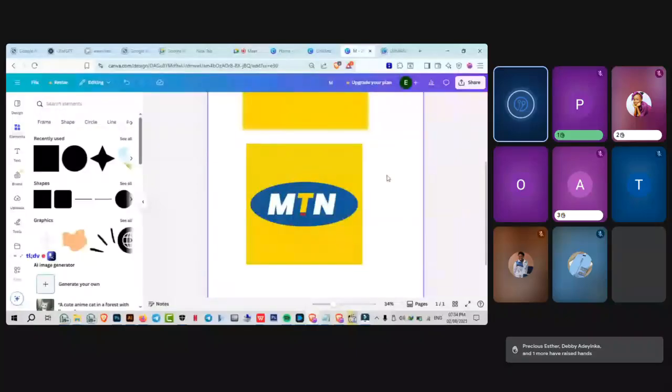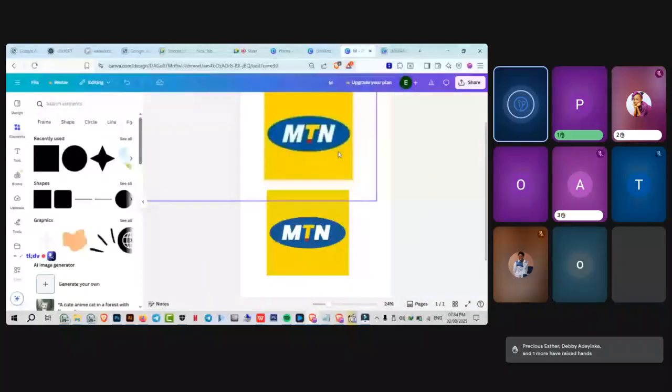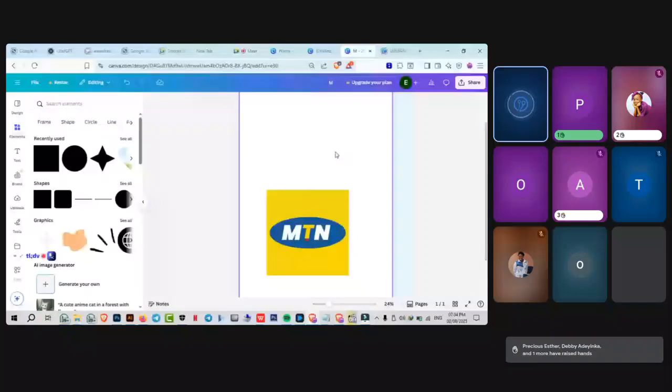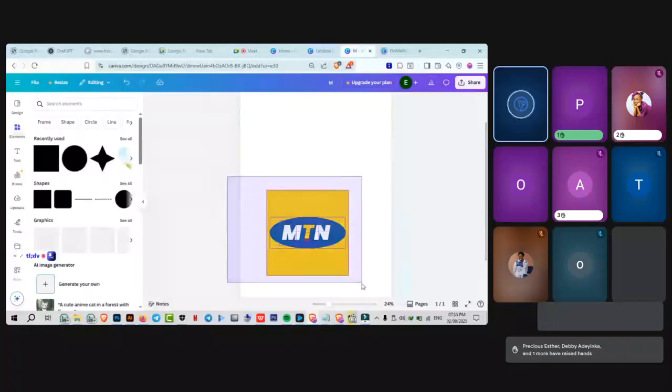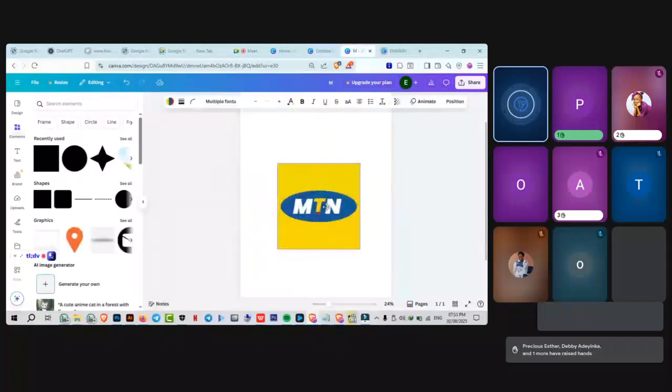I want to quickly show you how to export. So when you're done with this, let me delete this picture. All right. So now I want to group everything. So I click outside and group. I'm sorry, you cannot do this on phone. You can't do that on phone. So you press Ctrl G, then you group it. So I'm gonna bring it to the center,